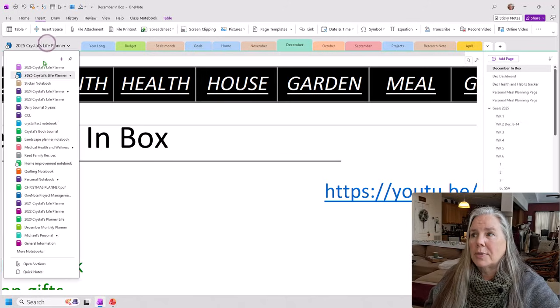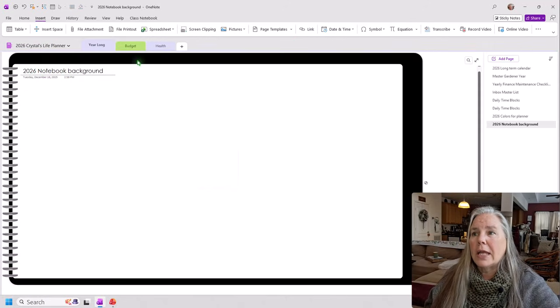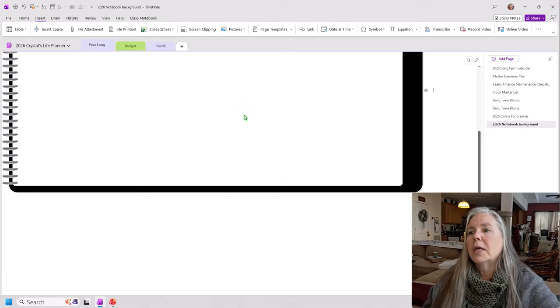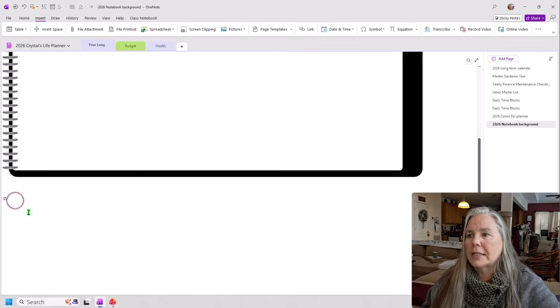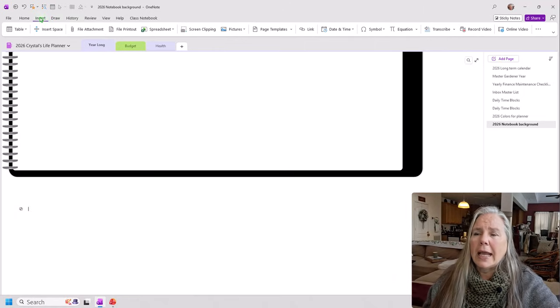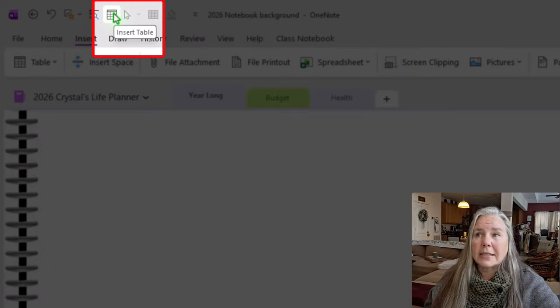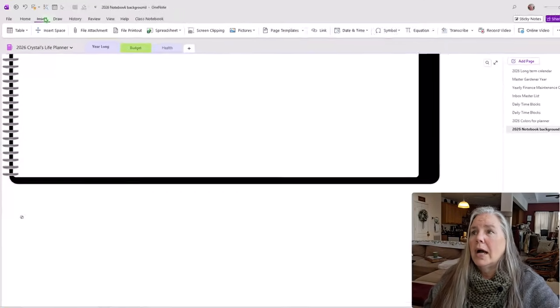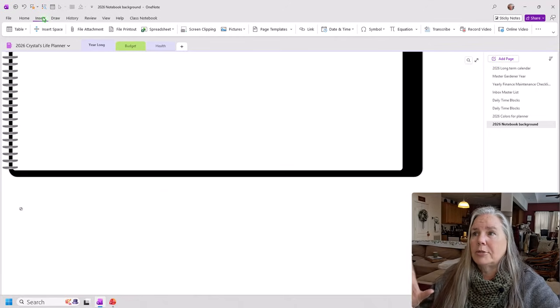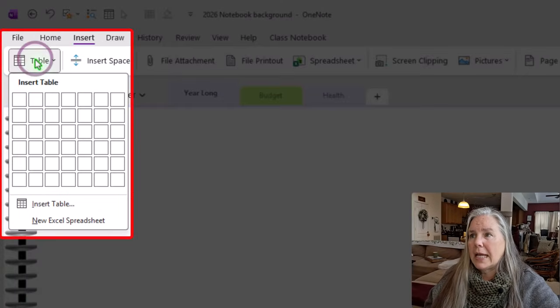Okay, now I've shown you what they look like and how they're supposed to work. Now I'm going to go back to my 2026 planner and I'm going to create that table and show you how to put it up here at the top. So I'm going to go down here where I have some working space, and go up to my Insert menu, and I can do it a number of ways. I can say Insert a table, or I actually have a button up here on my quick access bar where I could insert a table. But just so that you guys see exactly what I'm doing, I'm going to my Insert, to my Table menu,